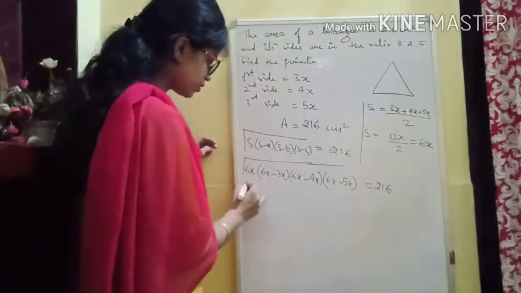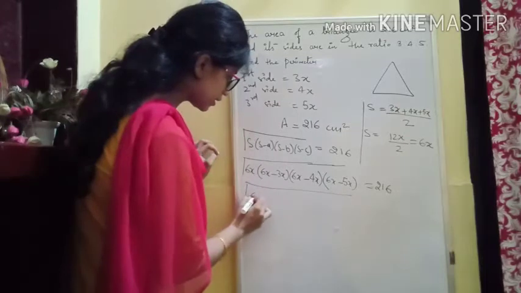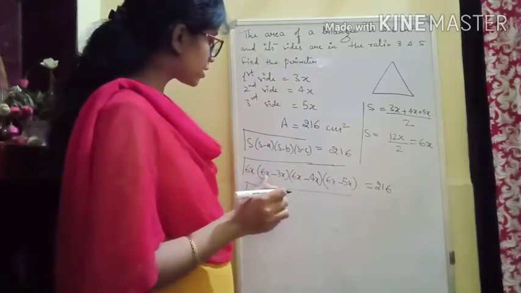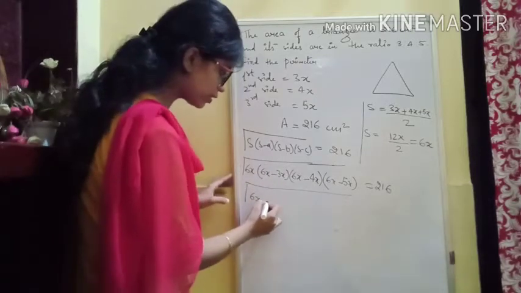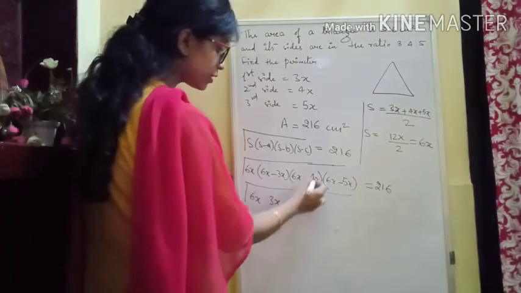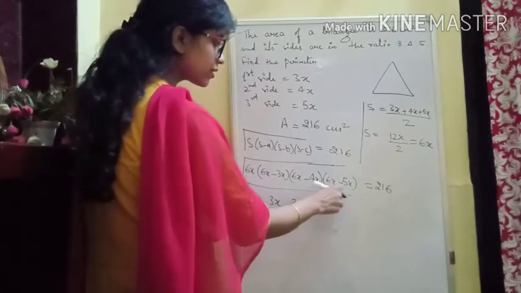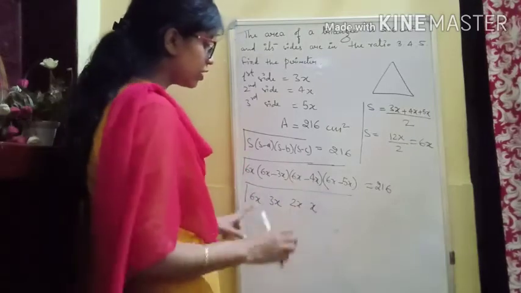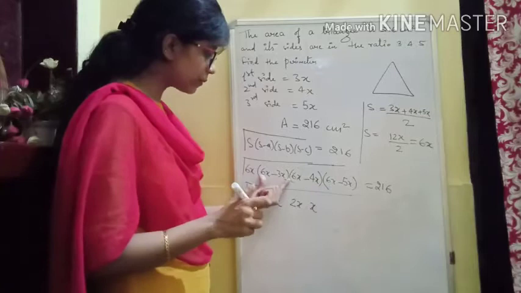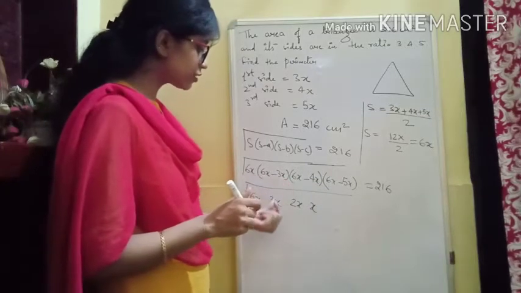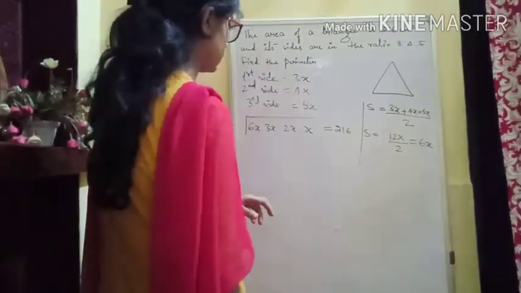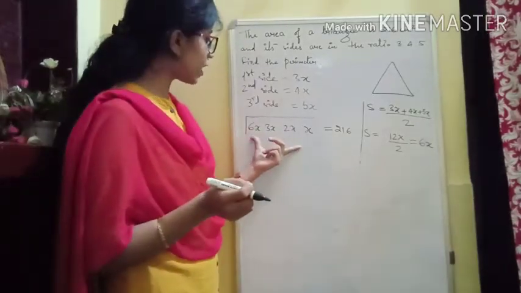Now you see this, if we simplify, this is 6x now into, all of them are multiplication, you know. Now 6x minus 3x is 3x, so you can simply write it in multiplication. 6x minus 4x is 2x, and 6x minus 5x is x only, and all of them are in multiplication. That's why when we are solving the bracket, 6x minus 3x, we are writing 3x with multiplication. Okay, so here we have this.